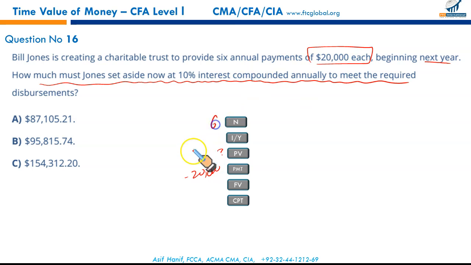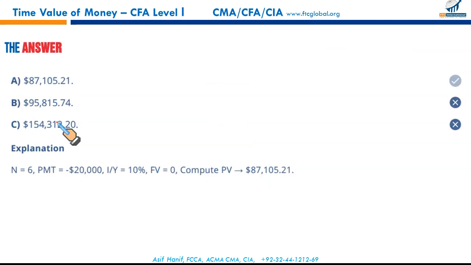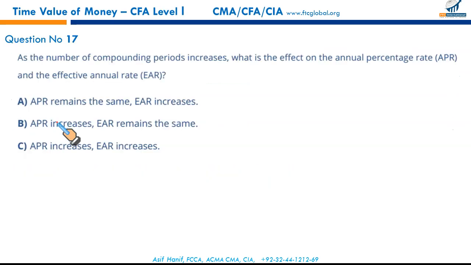For 6 years, what he must invest, interest rate is given 10%. You just have to calculate, with future value 0, what should be the present value, what you should invest now. Simply enter these in your calculator, 6 and 10%, negative 20,000 for PMT, and simply press CPT PV. You will get your result. I'm sure you would have got your result, and very good. All of you got it correct. That's A. Moving on.